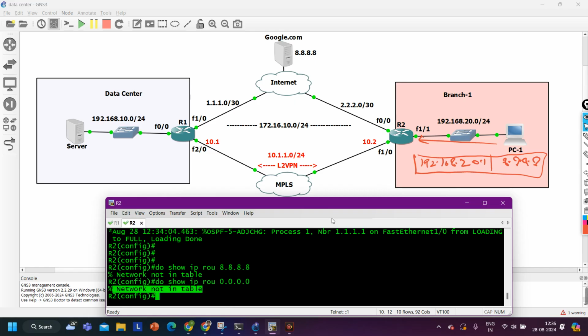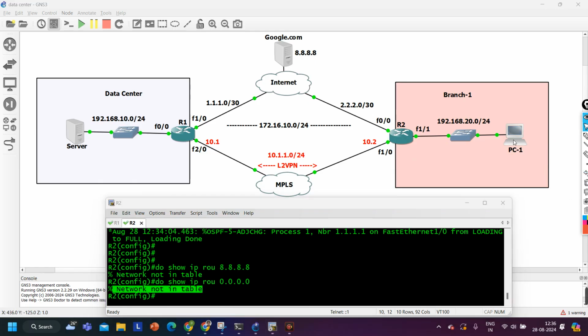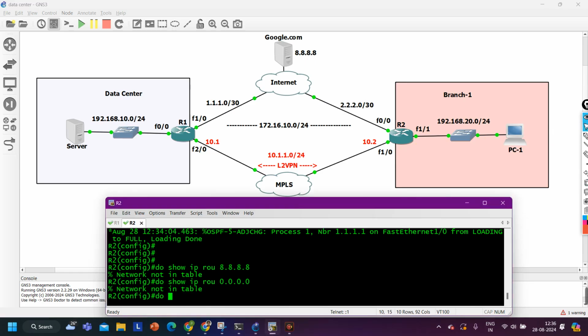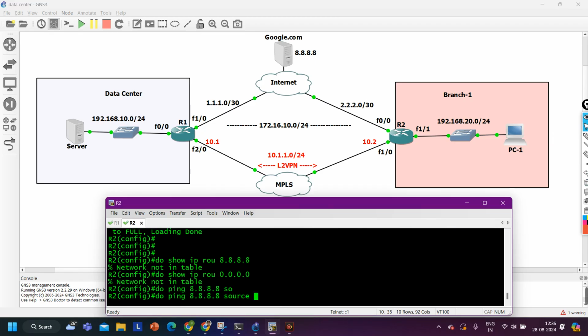Fine. So on router number 2, I'm going to configure one default route towards MPLS, not to the internet directly, because I don't want to allow users to access the internet via this link. I want these users to access the internet via R1 like this. So for now, from router number 2, if you do ping 8.8.8.8 and source